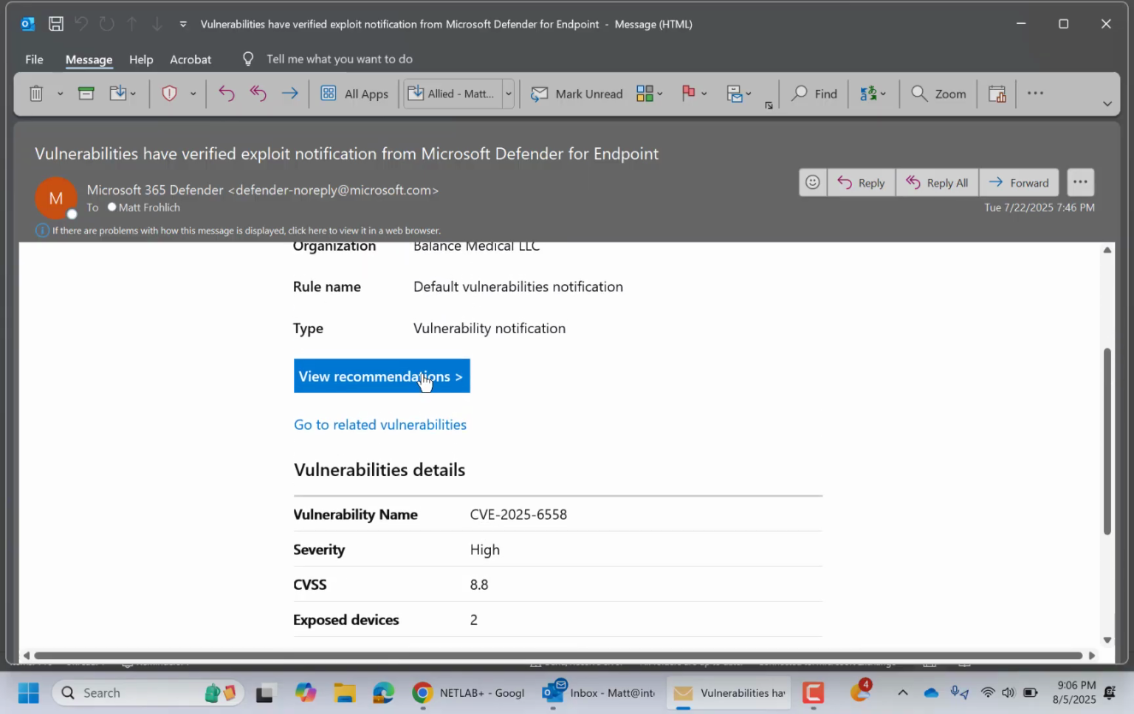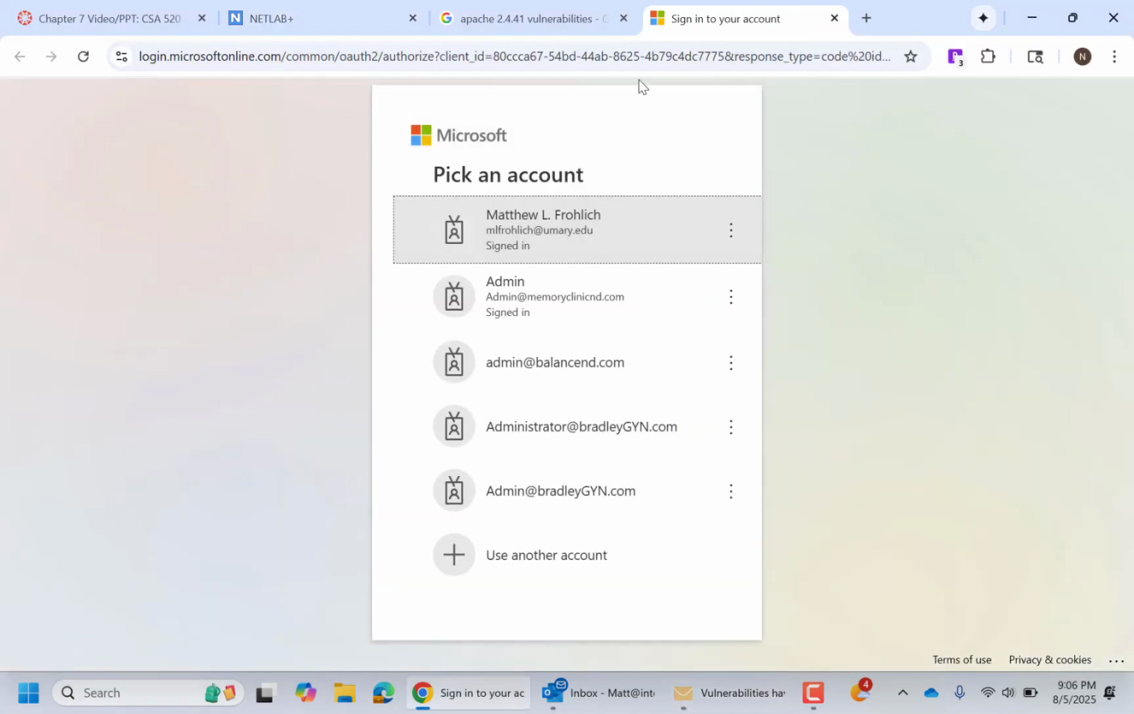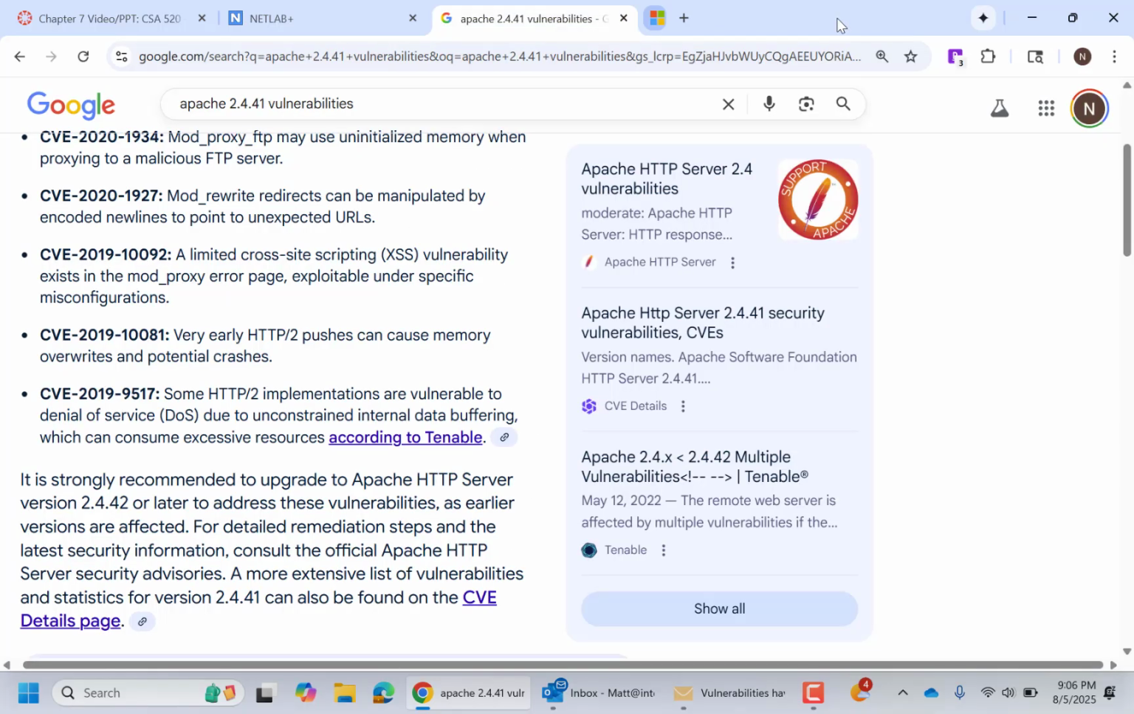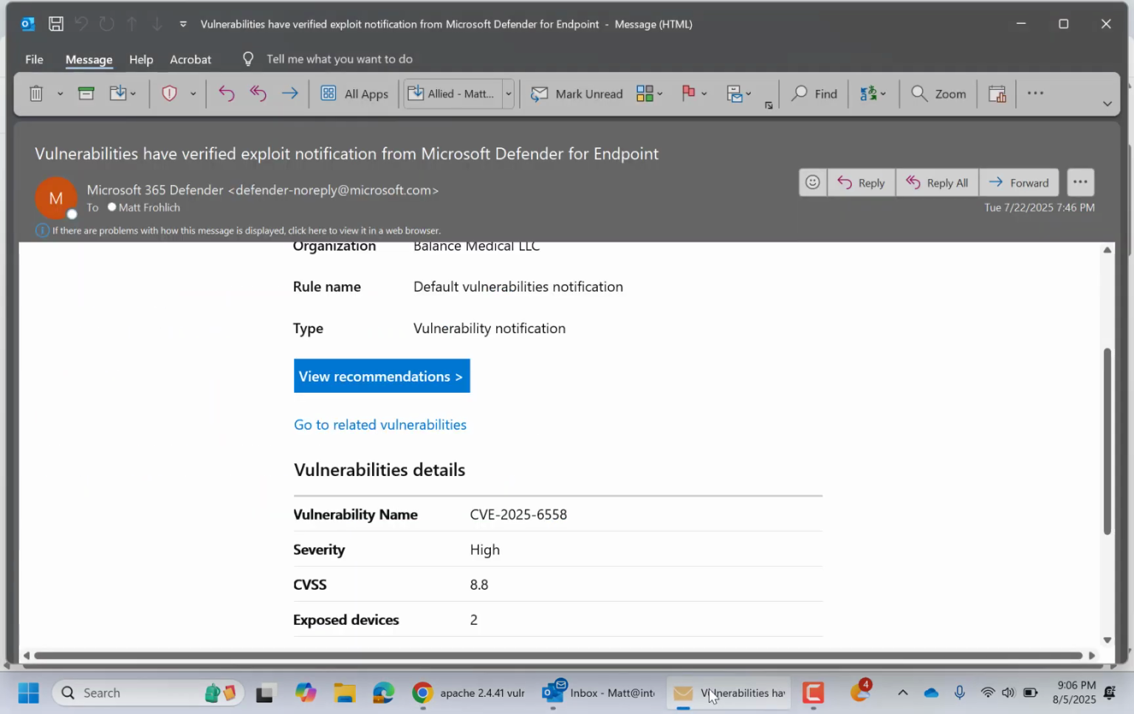And so I could click on View Recommendations. It's going to have me log in and do a bunch of stuff, so I'm not going to do that right now. But I could view those recommendations, and ultimately it's probably going to tell me that I need to update Google Chrome. Just from my experience and being in the field, Google Chrome is awful in terms of vulnerabilities